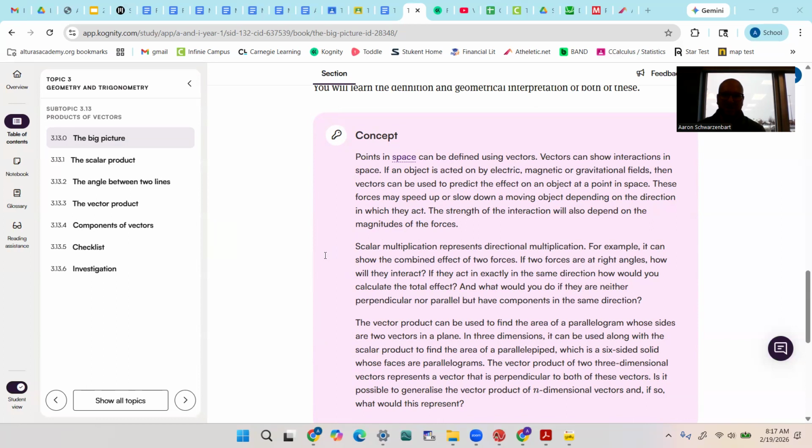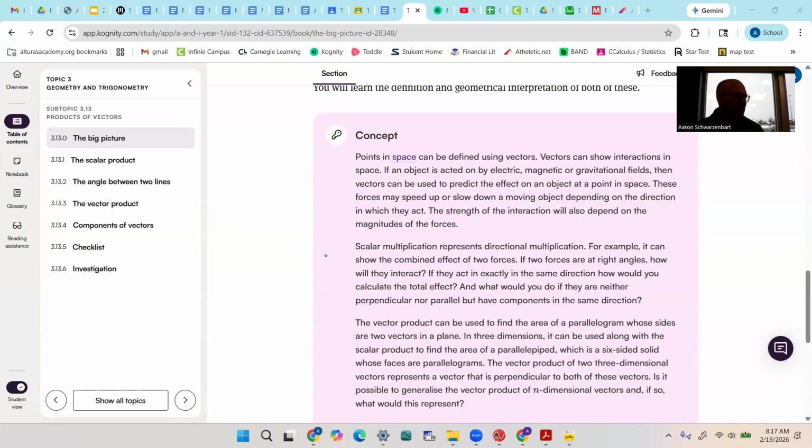So points in space can be defined using vectors. Vectors can show interactions in space. If an object is acted on by an electric, magnetic, or gravitational field, then vectors can be used to predict the effect of an object at a point in space. These forces may speed up or slow down a moving object depending on the direction in which they act. The strength of the interaction will also depend on the magnitude of the forces,